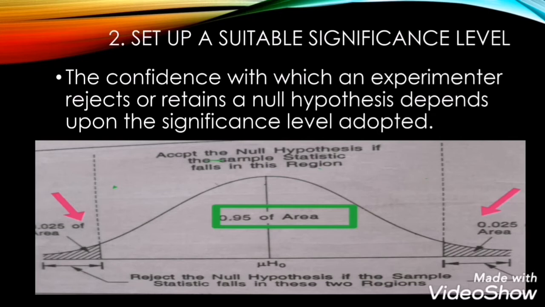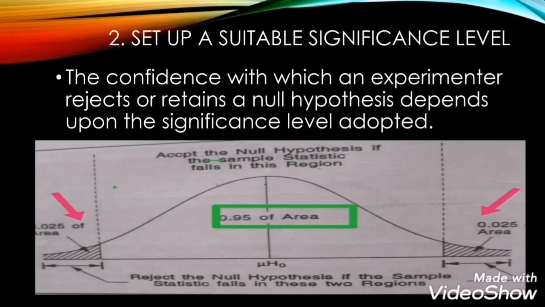What is the significance level? What does it mean? The significance level is customarily expressed as a percentage, such as 5%. It is the probability of rejecting the null hypothesis if it is true. If it is tested at 5% level, that means there is a probability or likelihood of rejecting the null hypothesis if it is true. That is, out of 100 occasions, there is a probability of making a wrong decision only on 5 occasions. 95% confidence level, 5% significance level.